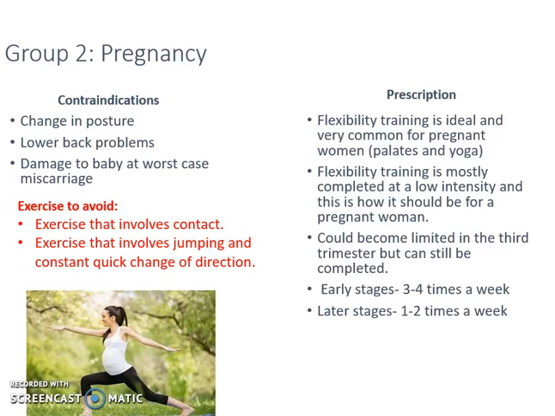So group 2, the second specific group, is pregnancy, or pregnant women. Contraindications for pregnant women are a change in posture, lower back problems, and damage to the baby, or obviously, at worst case scenario, miscarriage. Exercises that pregnant women should look to avoid are those that involve contact, obviously to avoid any damage to the baby, and any exercise that involves rapid change of movement or jumping up and down should